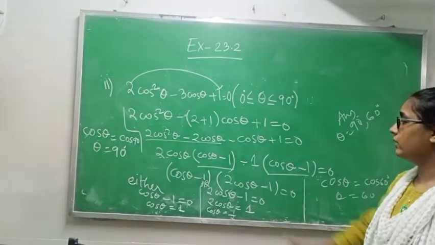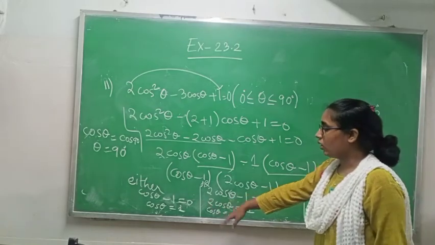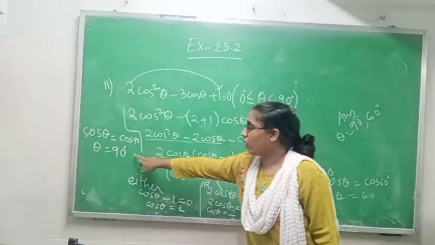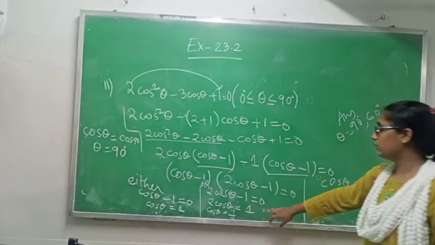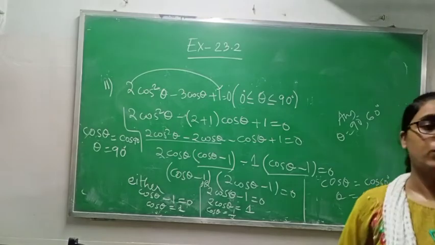Okay. So what we have done, sir, easily I am finding the middle term factor. Then I am doing either or. Now in place of this value I am writing the angle degree. So I am getting theta value 90 degree and second time I am getting theta value 60 degree. Okay, complete this one.